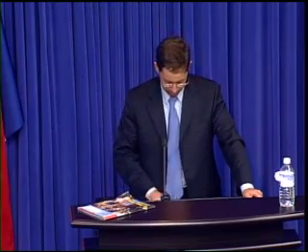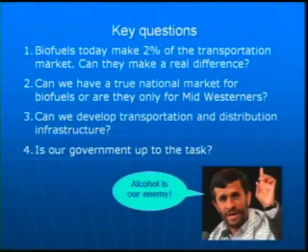I think the question that we really need to ask ourselves is: is the whole thing for real? Can we really utilize biofuel as a real alternative to our oil dependence? Can it make a difference? If so, what are we going to do to make that happen? And of course, is our government capable and willing to do it? My simple answer to question 4 is a